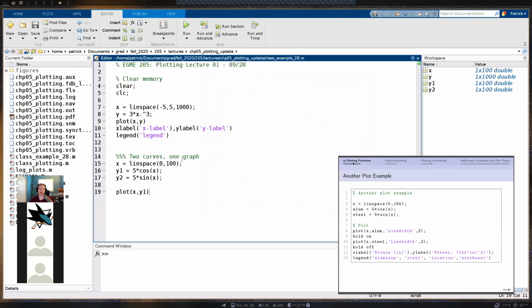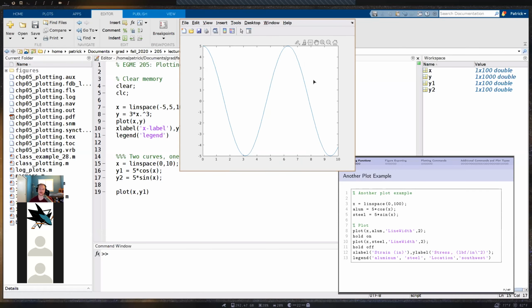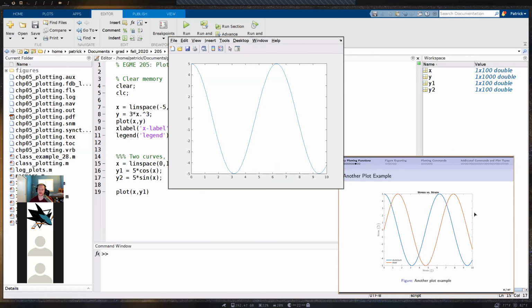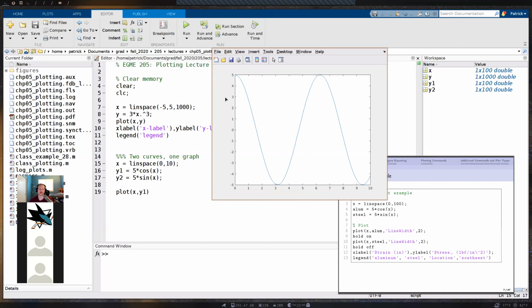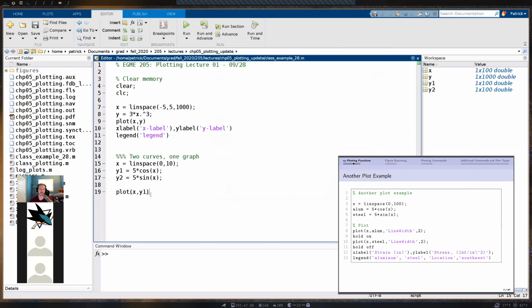Looks pretty insane. Let's make this 0 to 10. I think that's actually what I had in my figure. So we'll do that. Yeah. Okay. So here is cosine of x, 5 times cosine of x. But if I also want to look at sine of x or 5 times sine of x, I can do